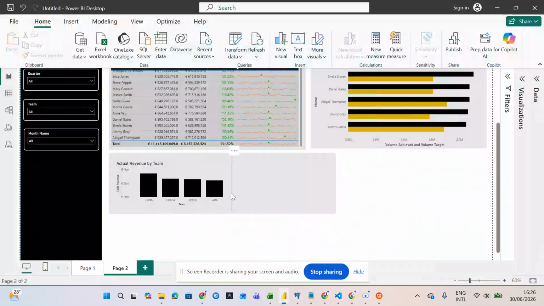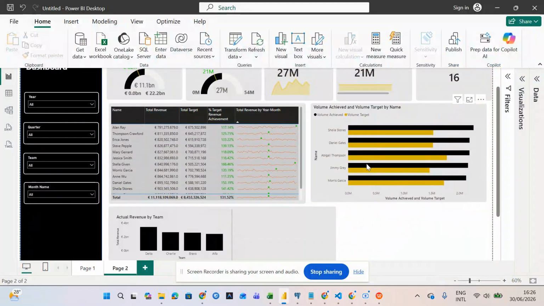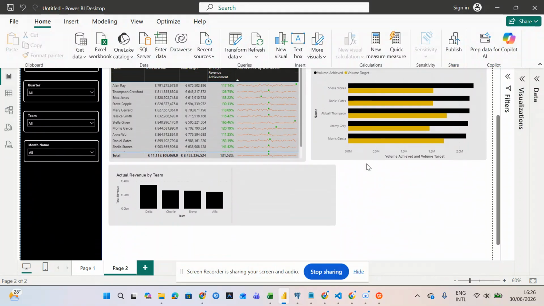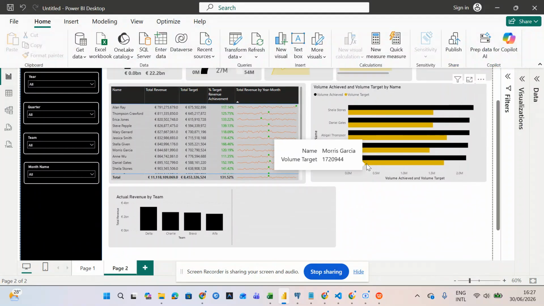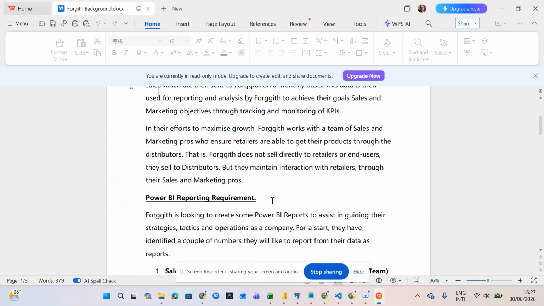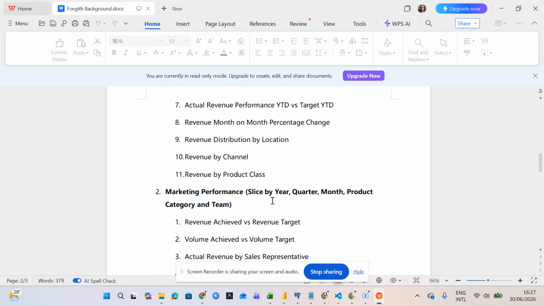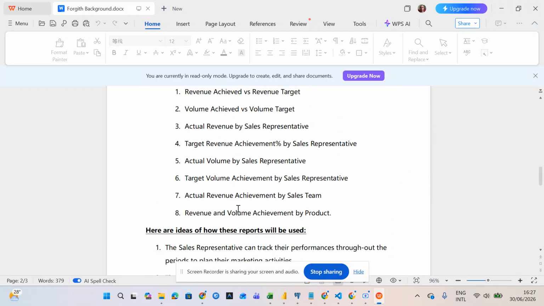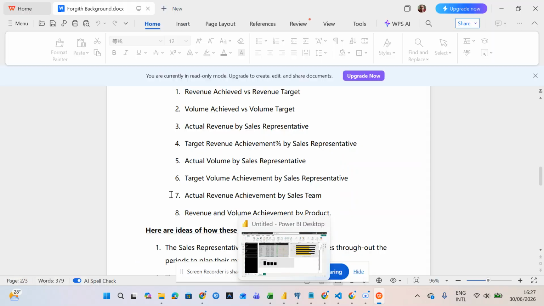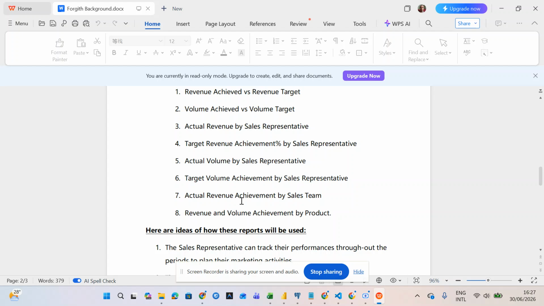So yeah, back to this. I'm going to do a quick completion of this particular dashboard. I'm going to be drawing references from this particular sales dashboard that we are working with. It was actually on the actual revenue by team, right? That is actual revenue achievement by sales team, and